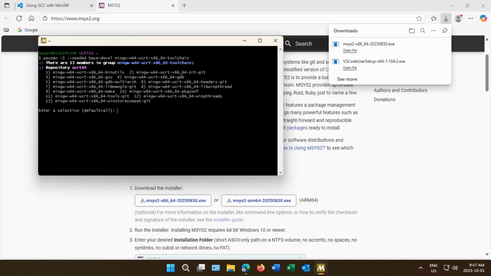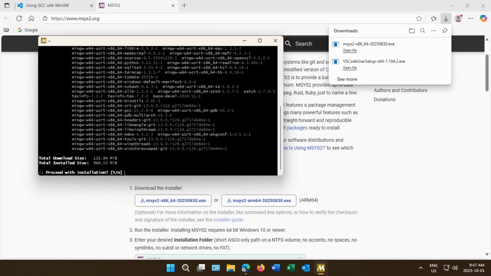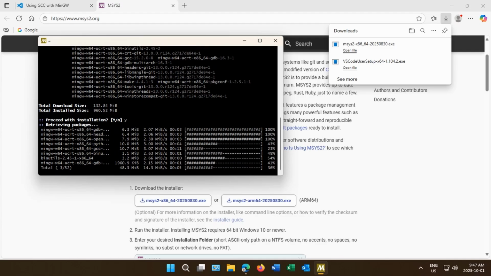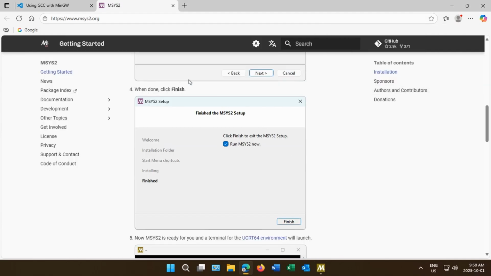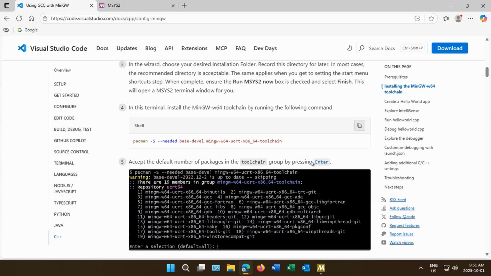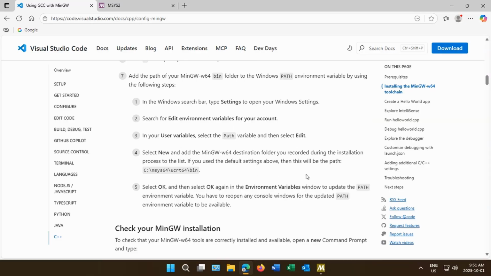You will see an itemized list of the items included in the repository. Simply press the Enter key again to select them all. When prompted, type the letter Y to proceed with the installation and press Enter. When the installation is complete, switch back to your browser, return to the Visual Studio Code tab, scroll down, and